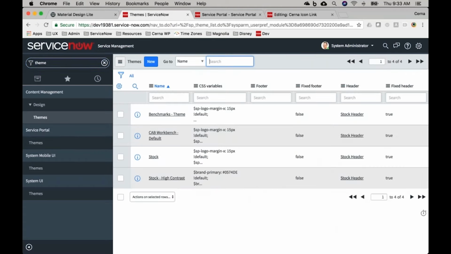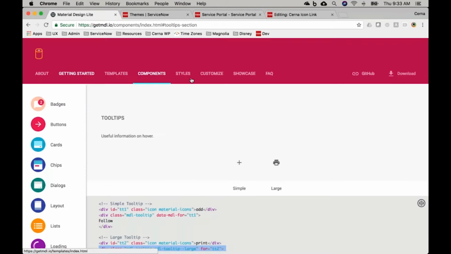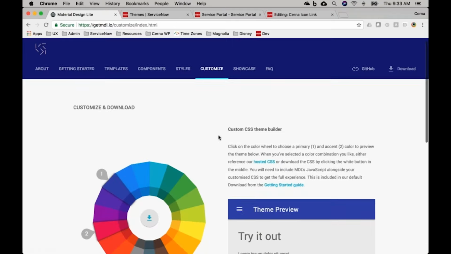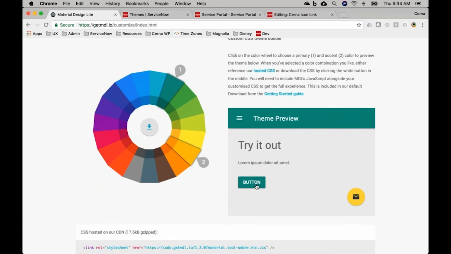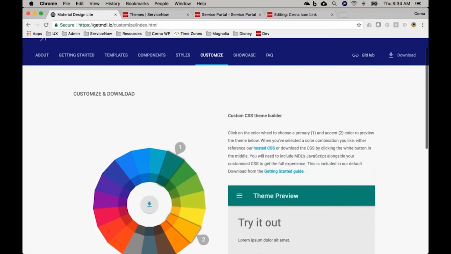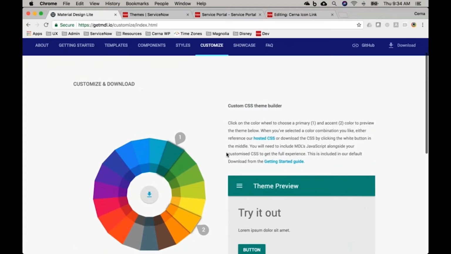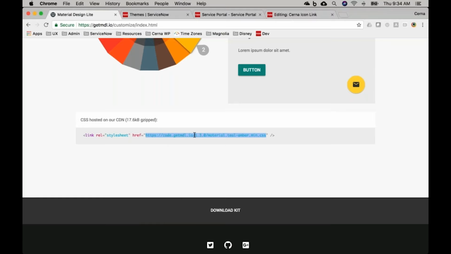Sure. So the style sheet, now you can customize the style sheet in a very limited fashion, and it's kind of a joke in my opinion. You can essentially choose your primary and your secondary color and then download this style sheet. That's all you're allowed to modify, at least with this customization. They call it a theme builder, but that's kind of a joke. All you're doing is picking two colors. And then what that gives you is the URL to a style sheet with those two colors mentioned in here, for example, teal and amber. But if I take that and